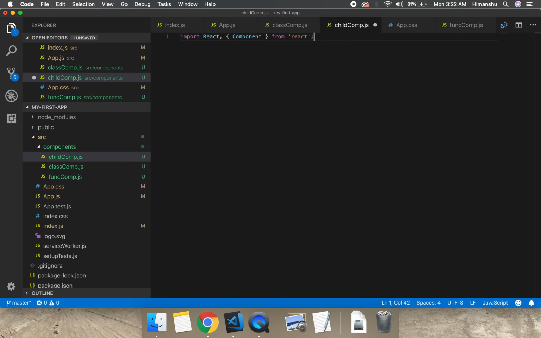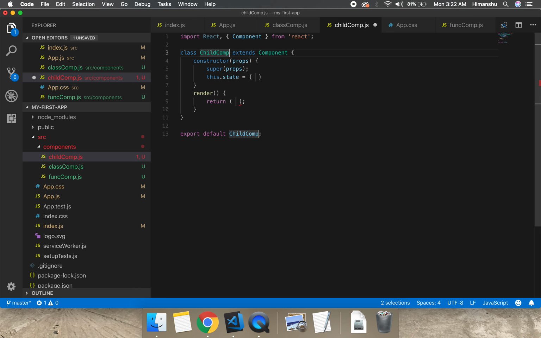For creating this snippet I am using the simple React snippets plugin, using which you can write short code and create such kinds of snippets. Okay, child comp.